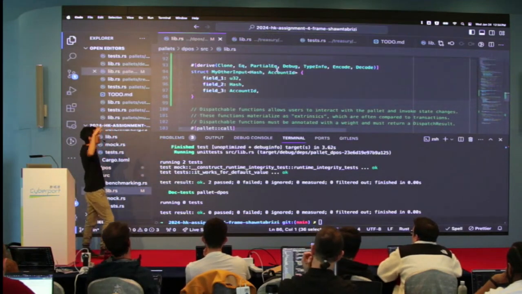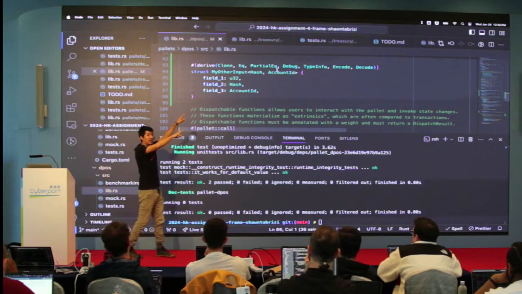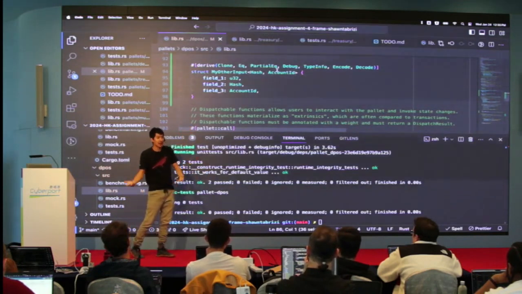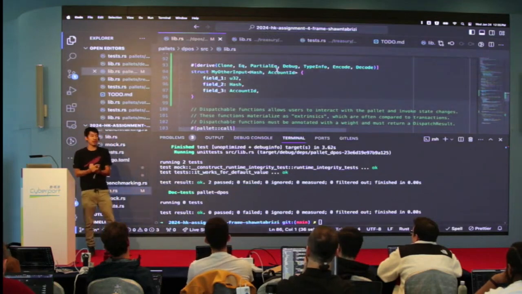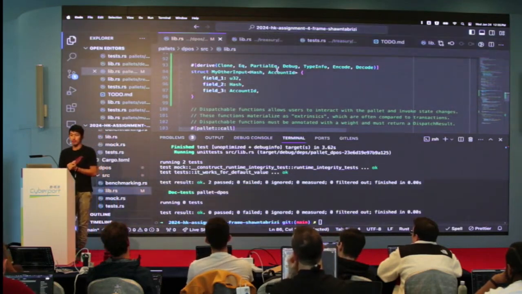And if you want to better understand this logic, you can follow a tutorial called the Rust State Machine. I've only said it a million times. I'm not even kidding you. This is a cheat to all the hardest parts of Substrate. It will tell you how to do it from scratch.